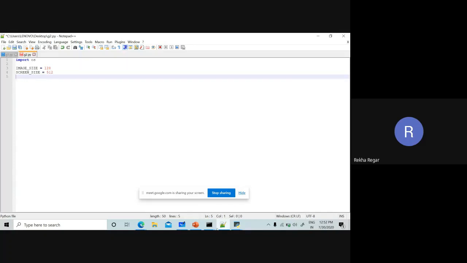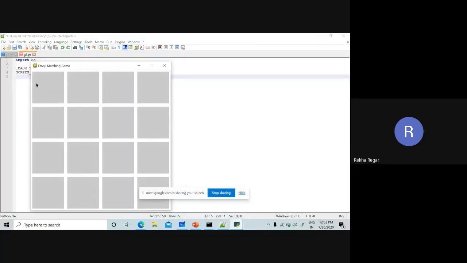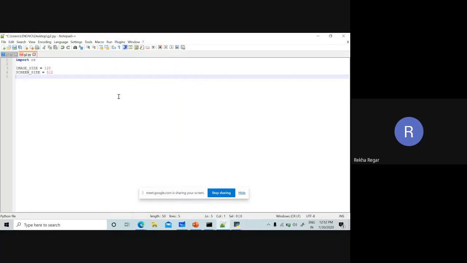After that, in the first row, we are going to take 4 images: 1, 2, 3, and 4. So we have to mention how many images we take in the first row. We have to make one variable in which we mention the quantity in the first row. So here we take one variable, number of tiles underscore in a one side. It means the number of tiles in one row. So the number of tiles is 4.